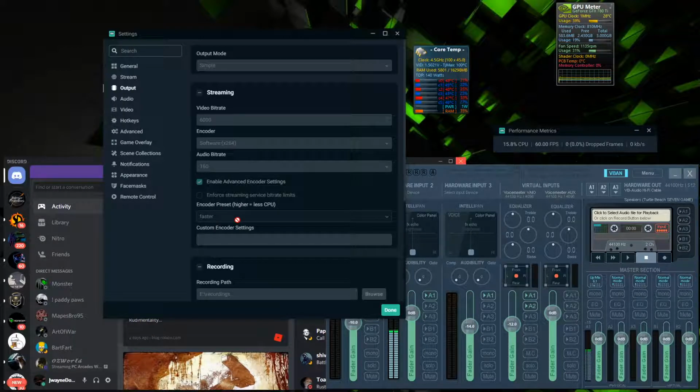But for those of you who are looking to get some X264 encoding benefits here, mess with this encoder preset. Do some recordings, some test recordings and stuff. Even if you're on a single PC, mess with it. See how it affects your performance metrics. Really bring this up in OBS and watch your processor usage, because a lot of times your performance metrics will tell you, hey, dropped frames. This may say you're not dropping frames, but you may be getting, like,